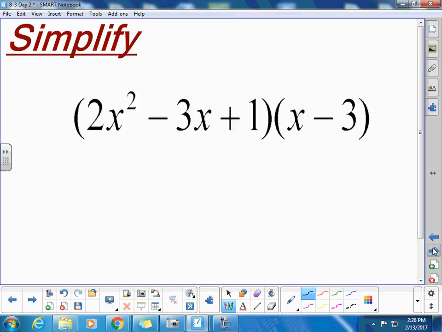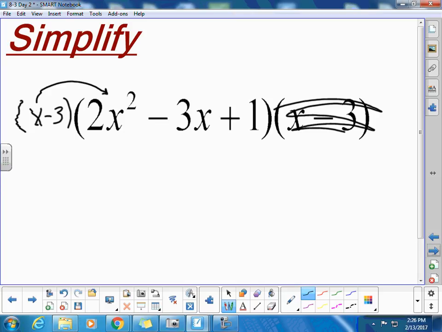We can also just FOIL it, but if I were going to FOIL, for me personally, I would write the x minus 3 on this side. So I'm going to cross it off here. I'm going to draw my arrows like I always do. It's kind of like when you multiply 21 times 6. I would do it that way versus 21 times 6 this way